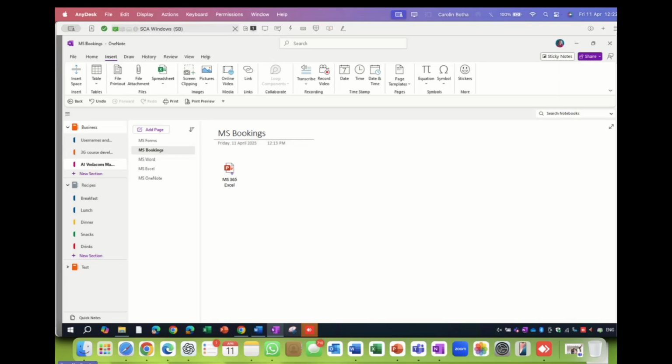Then you can have different pages, or you can just have one page, or you can have a section meetings under business, and then a page Vodacom meeting 11th of April, or another, so you can have all your meetings in different date formats. Honestly, guys, how you organize this will be very similar to the filing and organizing system that you already have, or it can be totally different. So you decide how you want to do this.